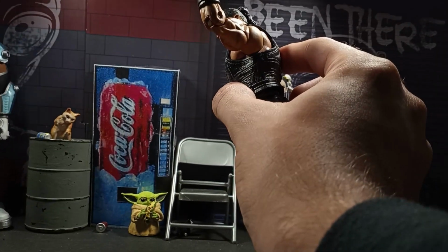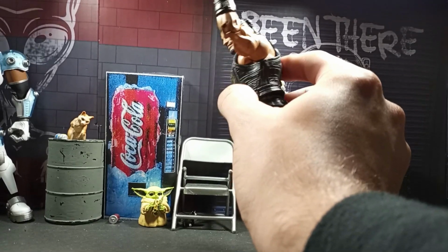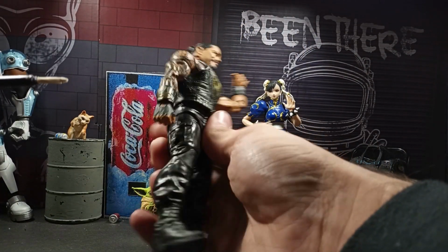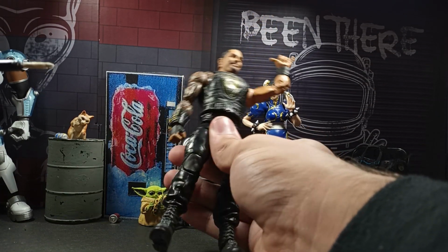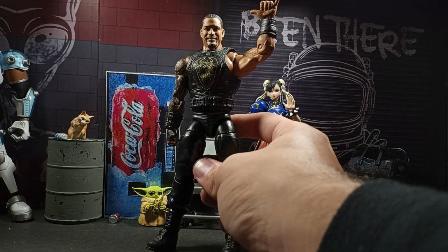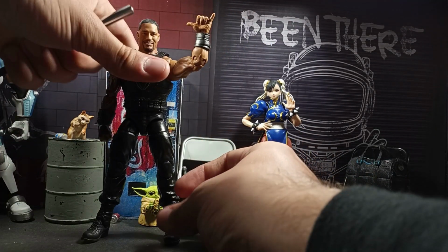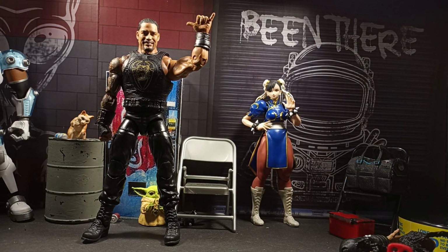I'm genuinely surprised at that. I'm genuinely surprised that so far we've had no issues. And mind you, this is fresh out of the box. I just opened this because Timmy wanted me to review it. So, yeah, I'm just really, really impressed with this figure. Just very impressed. So now that I've gotten that out of the way,